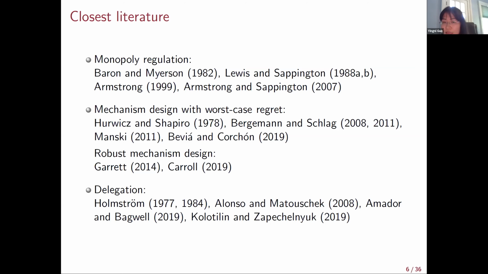I see. So that's related to the earlier discussion we had, right? Here we are looking at the case that the firm is essentially just posting a price. But for the regulator, I think what you are saying is that if you zoom out the interaction between the firm and the consumer, the only thing that the firm can do is post a price. So that's exactly how we are modeling here.